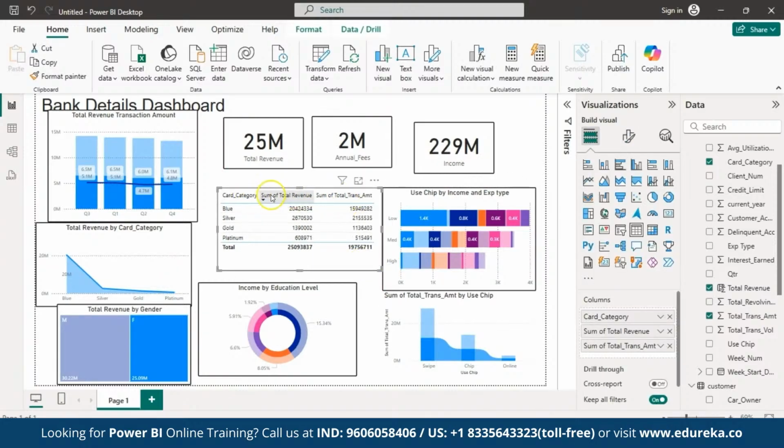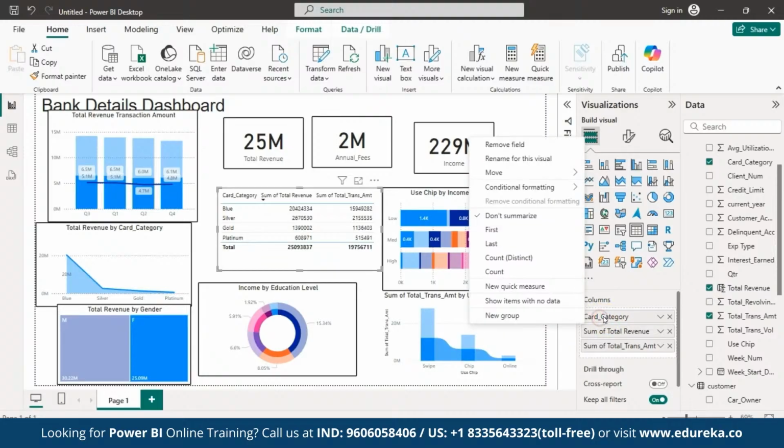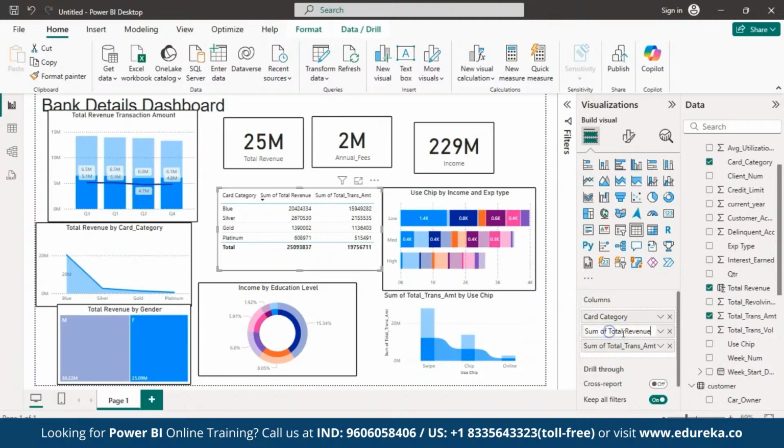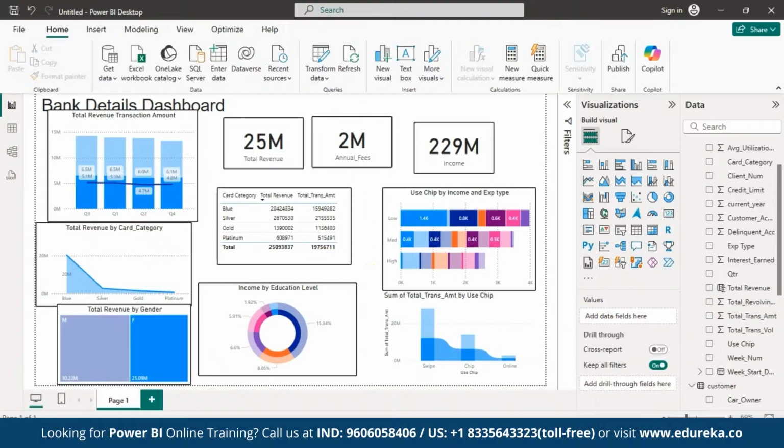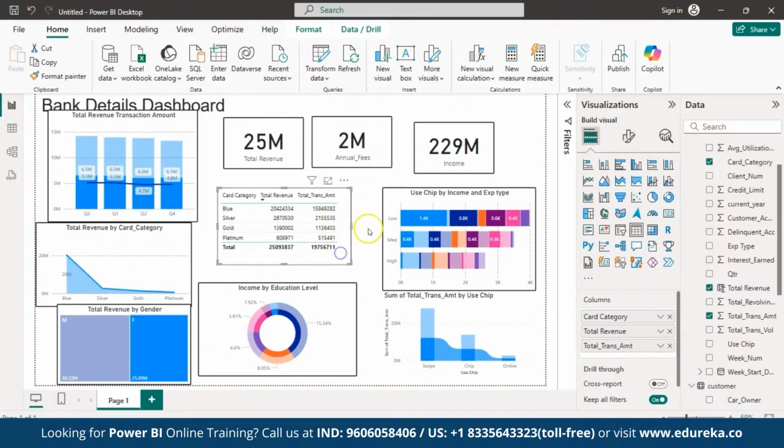Now let us change the titles for this. For that, go to cart category. Let's keep it as cart category. And then sum of total, let's keep it as total revenue, and then the total transaction amount. Okay, so to make this table more appealing, what you can do is